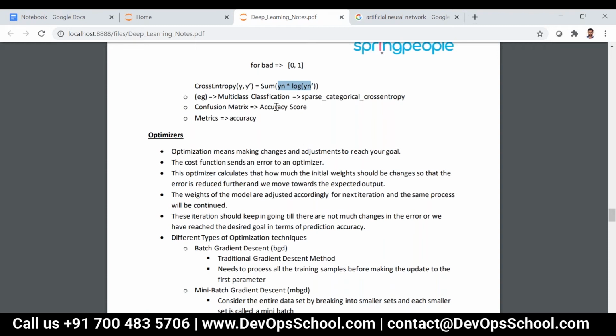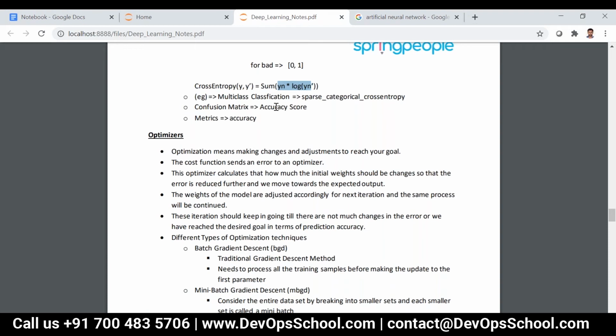The flow is like this. For each and every input, kernel initializers will assign the weight. Then it finds the product of input and weight and sends it to the node, where the processing element is carried out. Each node has an activation function, which normalizes the incoming input and sends the output to the next layer.